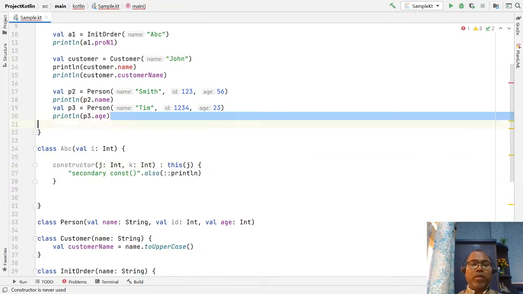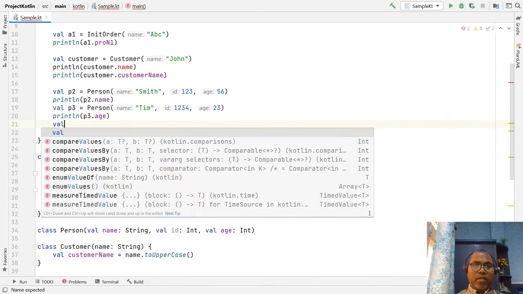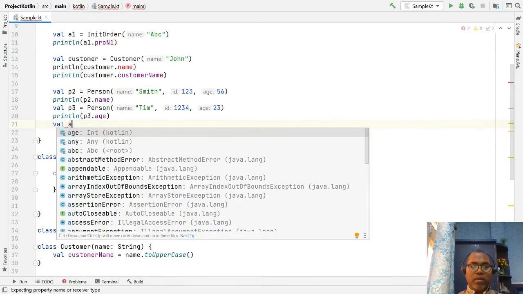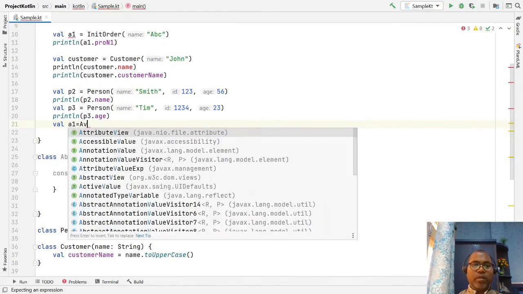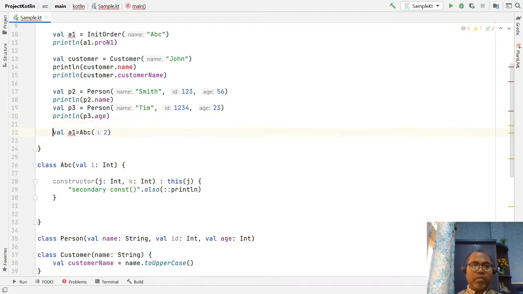If you create an object of the ABC class, say a1 equal to ABC and pass the primary constructor argument like 1, your primary constructor is created.